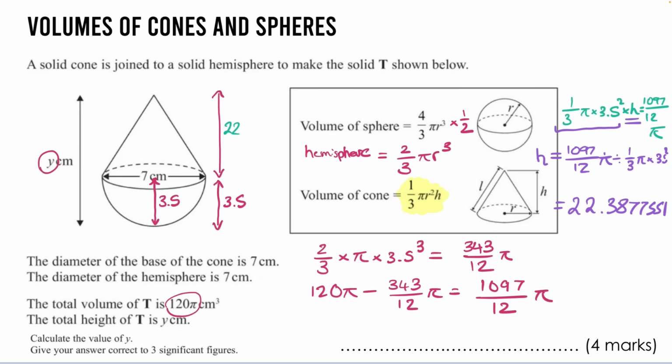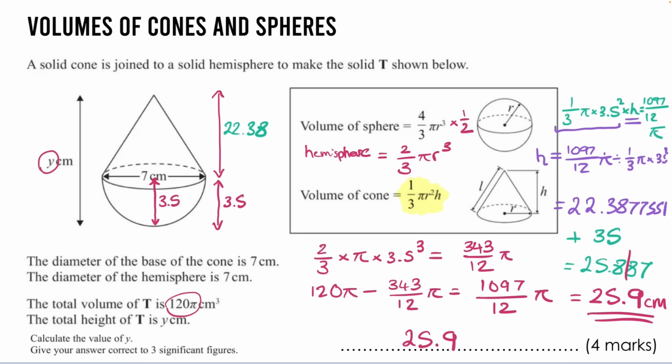Okay, so that is the height of the cone, and to get the height of the overall shape, which we've got over here, we've got the 22.38, we're going to need to add the 3.5, which is the height of the hemisphere, and if we add 3.5, it comes out as 25.887, and we want that written to three significant figures, so that's going to be 25.9, and that's in centimetres, and there we go, that is our final answer,